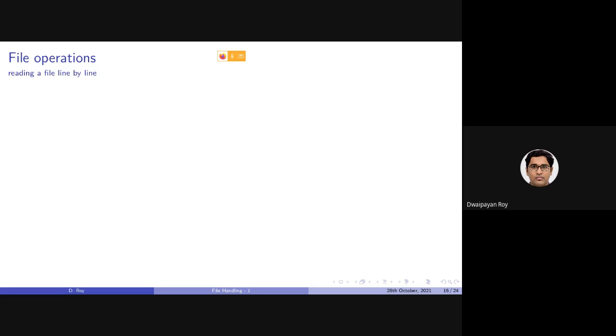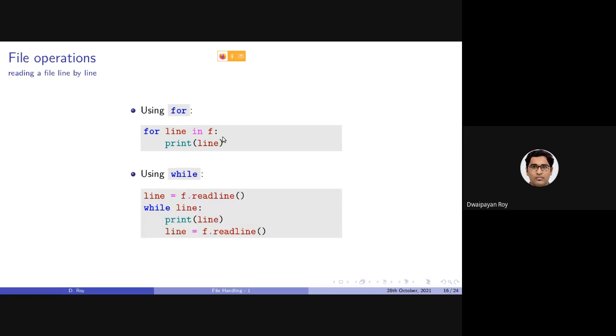Then the next operation we'll be looking at is reading a file line by line. Okay. So there are broadly two ways of reading the file line by line. One we have already shown using this for, and another is while using this with statement or the while statement as well. These are same.